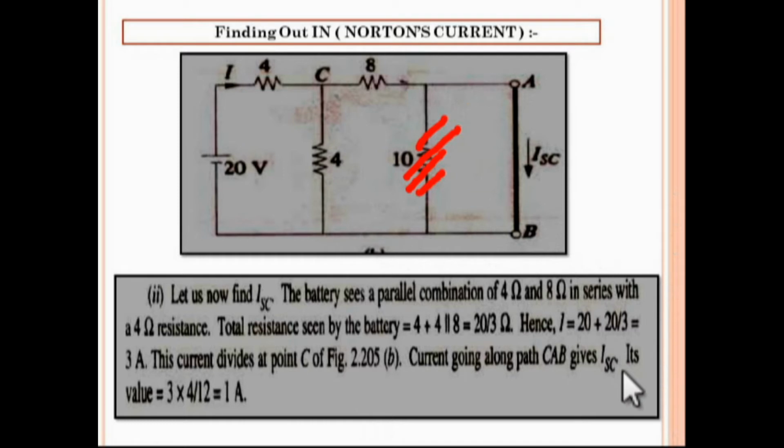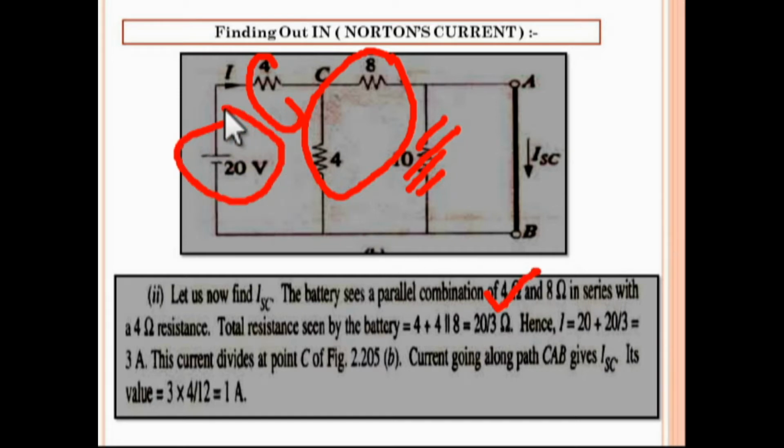So guys, अब आपको current find करना है. First find out the total current. So equivalent resistance 4 और 8 का combination आपको लेना पड़ेगा. The parallel resistance of 4 and 8 ohm plus the series resistance 4 ohm. So total resistance आपके पास होगा 20/3 और बैटरी की वैल्यू है 20 वोल्ट. सो टोटल करंट होगा 20 डिवाइडेड बाई 20/3. यहाँ V अपॉन R इक्विवेलेंट, तो 20 डिवाइडेड बाई 20/3, सो 3 एम्पियर टोटल करंट आ जाएगा.